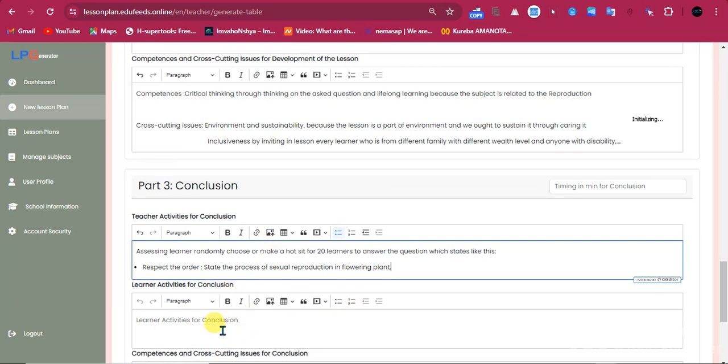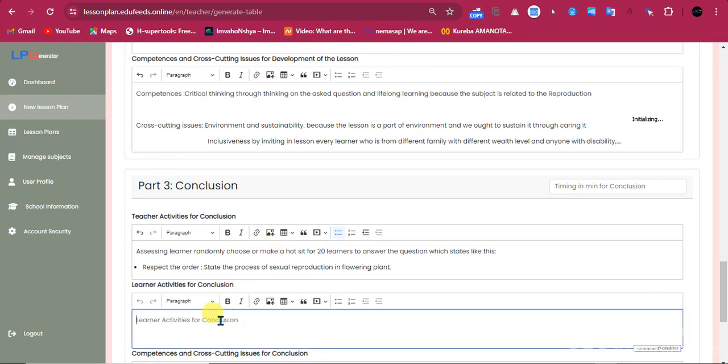Learner activity: learners will answer the asked question.